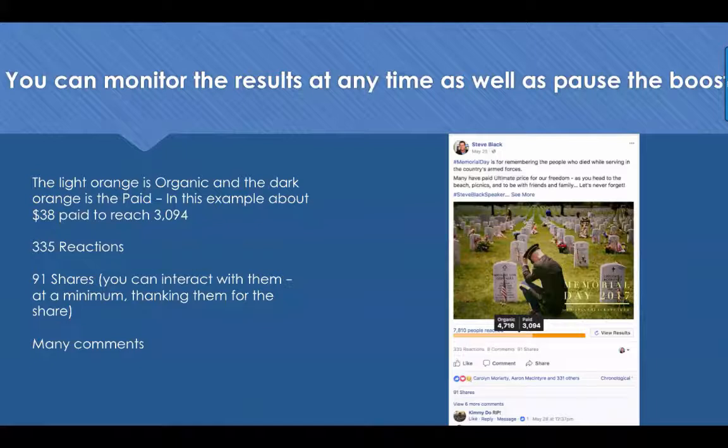I'm conducting a survey of people that shared this. Did you happen to lose somebody, a friend or family member in the military? And they start telling you that they lost both their father and their brother. All of a sudden, you can have a conversation not about your business or opportunity, but about them. But now you have a friend, you say, hey, is it okay to send you a friend request? And now you've gone from your business page to, hey, you're a neat person, let's be friends on Facebook.